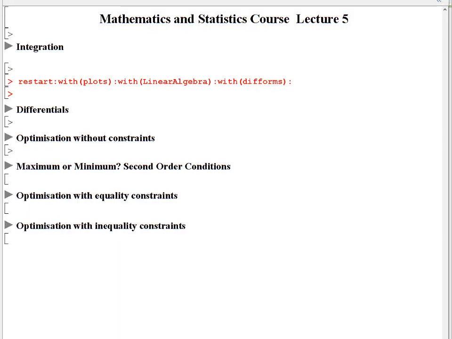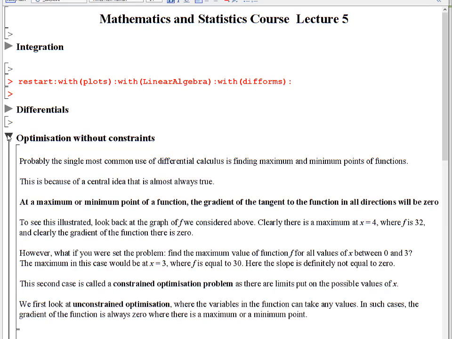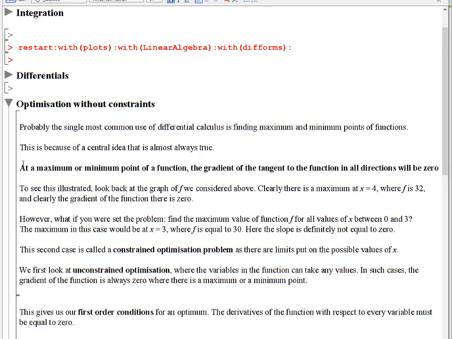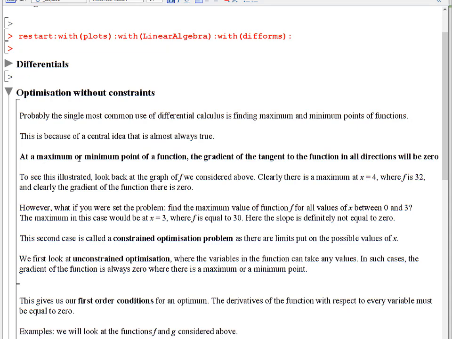Hello and welcome to part 5 of Dev Maths and Stats Refresher Course, Lecture 5, when we're going to move on to optimization, now without constraints. So this probably is the most common use of differentiation, finding maximum and minimum points. And that's because of this central idea that I've mentioned before, which is at a maximum or minimum point of